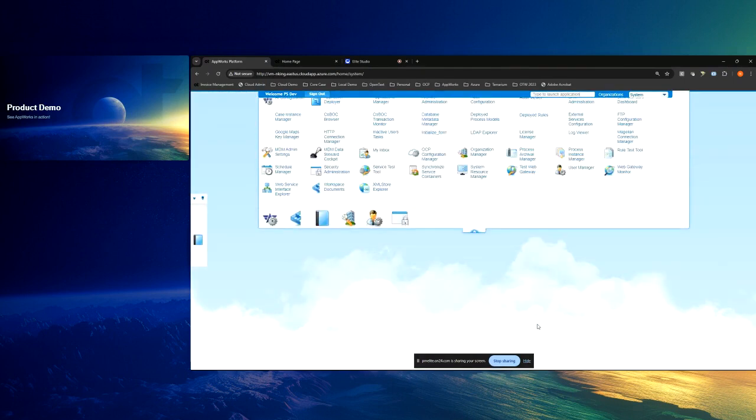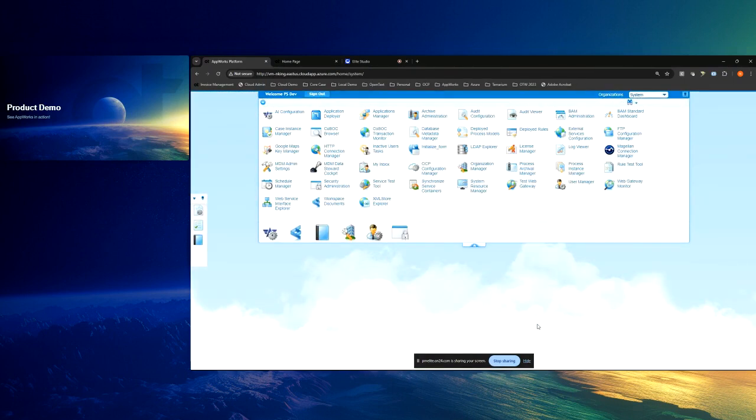So I've logged into AppWorks, or OpenText Process Automation, as the name will become in 24.4. You'll see there's a whole bunch of admin and system configuration tools here. This is our general administration and development environment. My user is a developer and a system administrator. A developer, to actually create an app, typically will just go to Workspace,